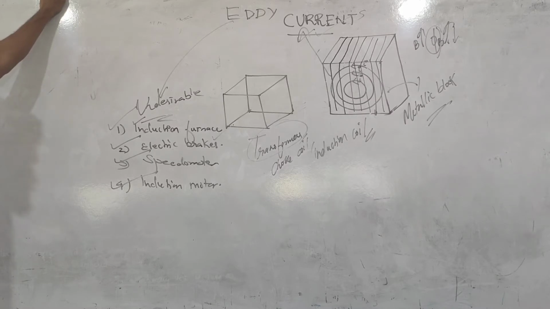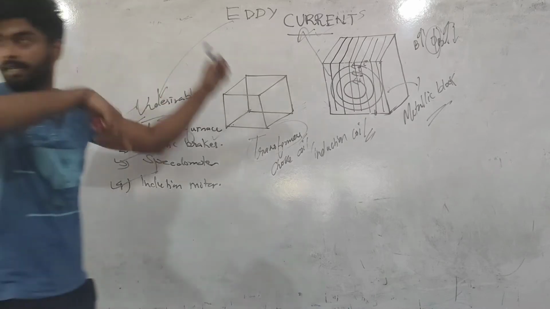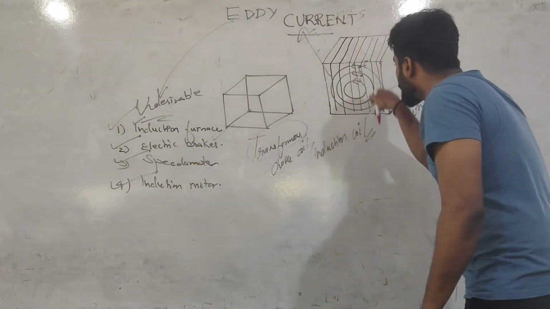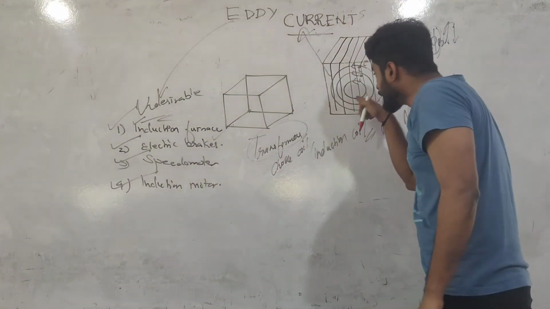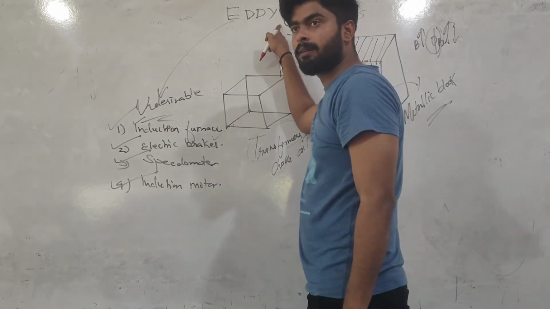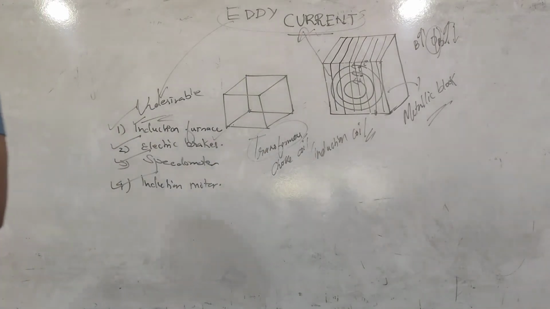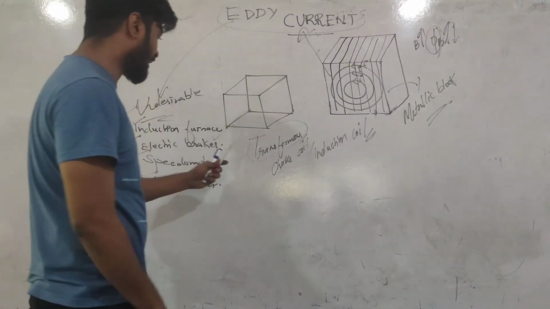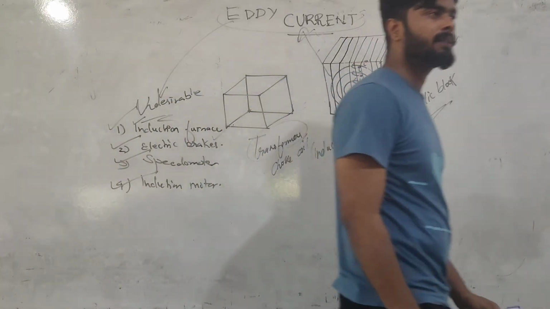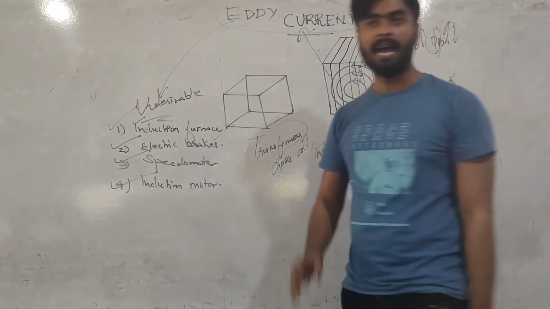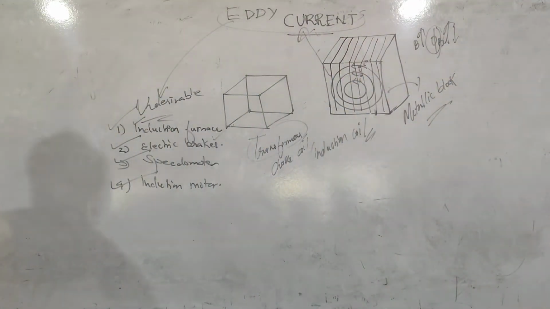What is eddy current? Whenever the magnetic flux linked with a metallic block changes, there is an induced EMF in that metallic block, which results in circulating currents. These circulating currents are called eddy currents. Are these eddy currents desirable? No. They are undesirable. Why? Because they produce excessive heat in transformer, choke coil, induction coil. Therefore, there is a wastage of energy. And therefore eddy current becomes undesirable. And now how can you decrease eddy current?